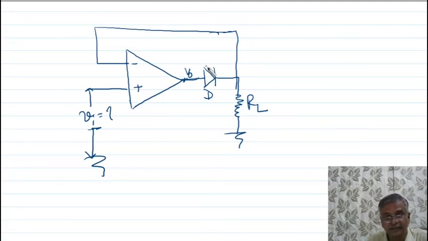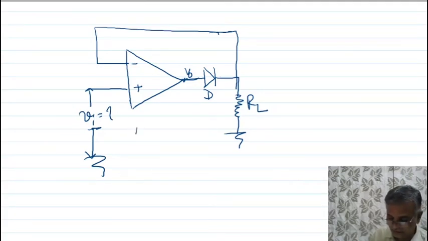Listen carefully, again I am telling. How much input voltage should I give? I know the cutoff voltage of the PN junction diode is 0.6 volt, that's why I am taking 0.6 volt. So my VO becomes 0.6 and this diode will conduct. Look here, I am calculating this way.